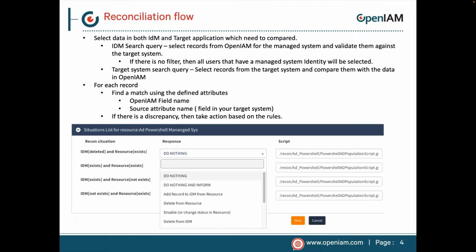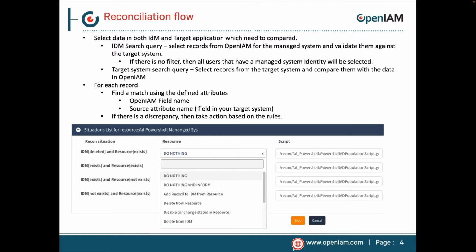Maybe in production you do, but maybe in testing you want to have control where you can test an OU or test a department's worth of users, right? So this gives us the control that we can do that. So then the other part is that for each record that we have, right, we're going to be